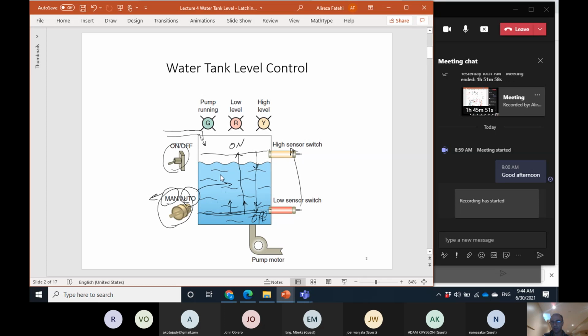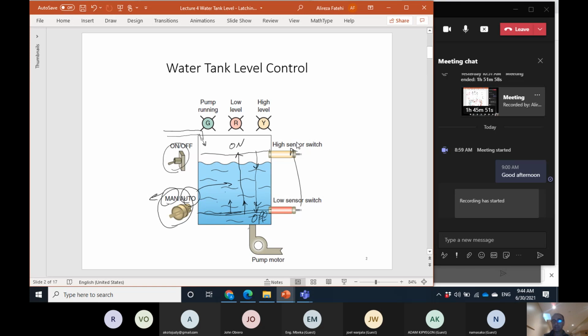Or if it was high, if the level of the water was at this position, and we switch that to manual, the pump automatically turns on and it discharges the tank, and so the level decreases and remains at this point. So in the manual, the pump turns on every time that the level is more than the low sensor switch. There's not any keeping the command like this one. Okay,